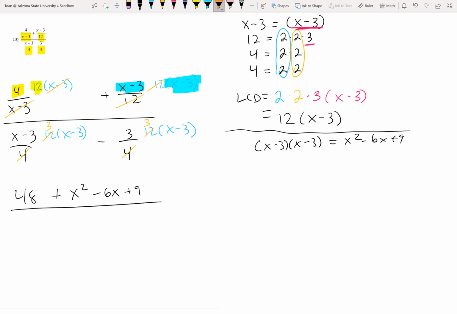Over in the bottom left, we have x minus 3 times 3, x minus 3 times 3 and x minus 3. So I already know what x minus 3 times x minus 3 is because we did it over here. So all I know is it has an extra 3. So it's going to be a 3x squared minus 18x plus 9 minus